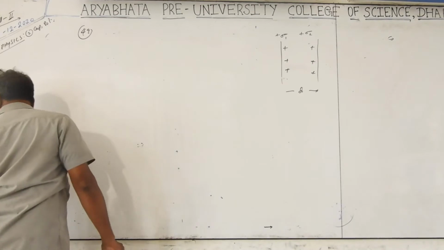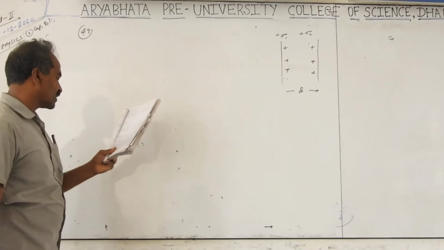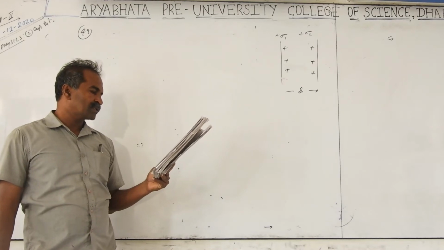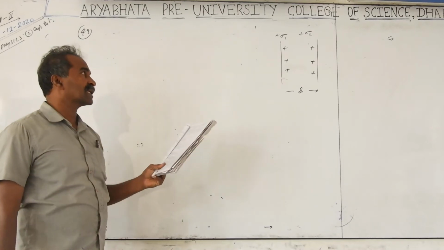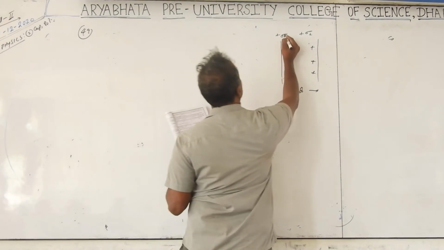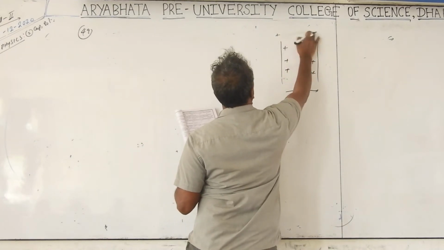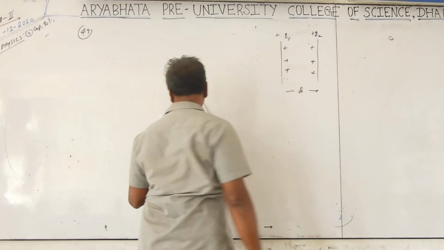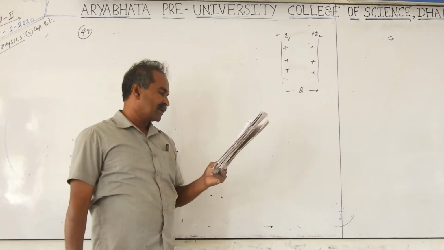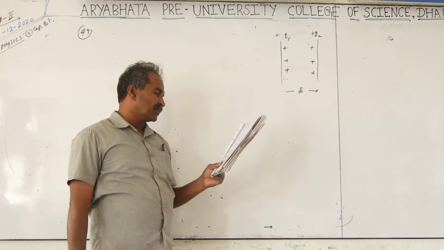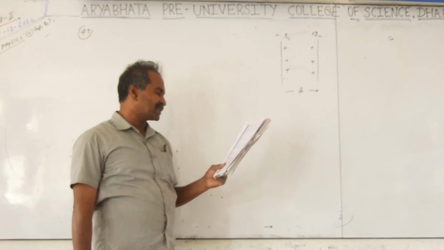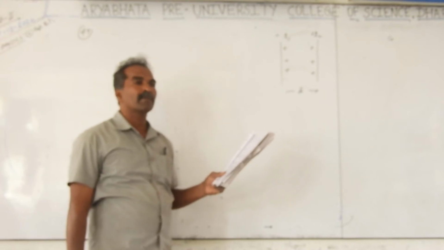In this question number 49, two parallel plates of the same area are taken, with charges plus Q1 and plus Q2. This means the charges are like charges, maybe different values, but like charges. Q1 and Q2, and Q2 is greater than Q1 is given. They are brought closer to form a capacitor of capacitance C. What is the potential difference across the plates?